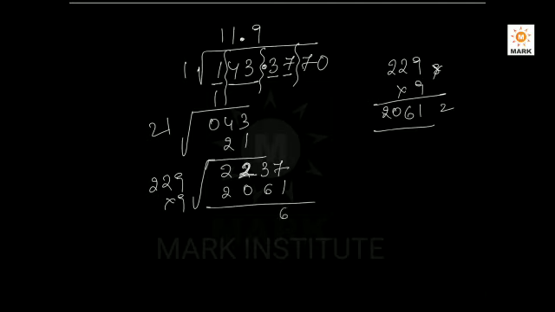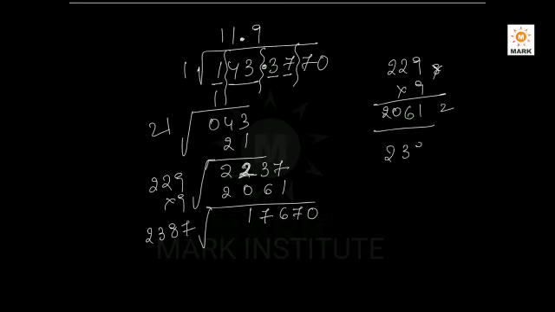So 6, so 13 minus 6 is equal to 7, so it is 1. So again repeat the process. So clearly what are the next 2 numbers we can take? The next 2 numbers are 70. Okay, so 70, what is double of 119? Double of 119 is 238, and with 238 we can go up to 7 times. Clearly we can go up to 7 times.